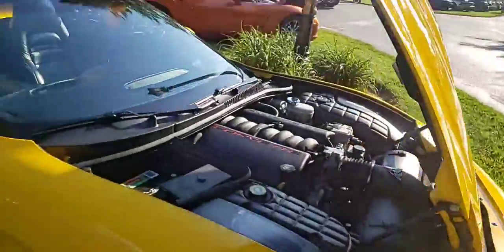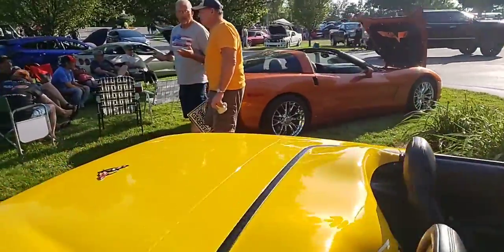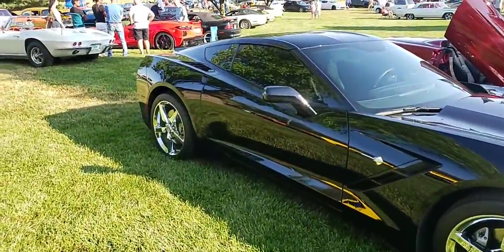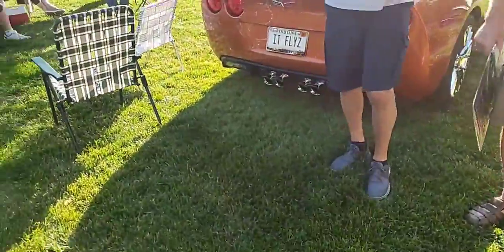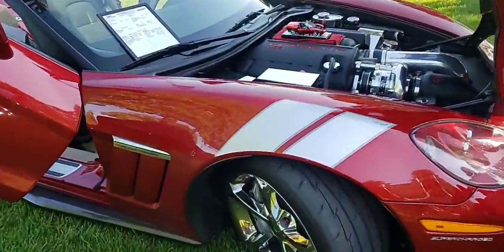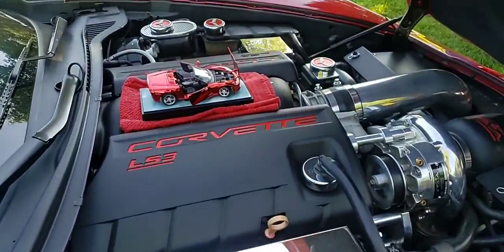Beautiful cars out today. Ooh, look at the orange one. That's a C6 Corvette. There's a black C7 Stingray. Man, this thing is bad. There's another 7. That might be a Grand Sport. But this C6 is awesome, guys. Look at this. He's got the Lambo doors on here and everything. LS3 Pro Charge. Guys,